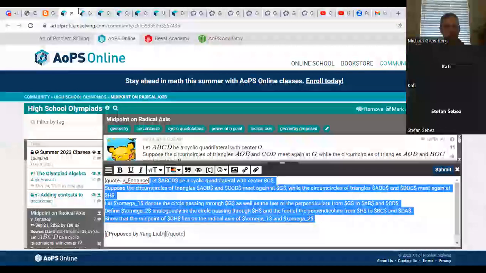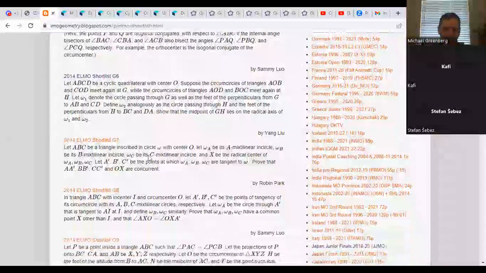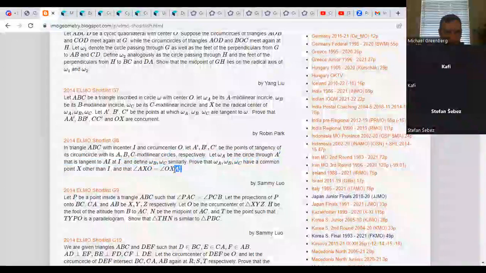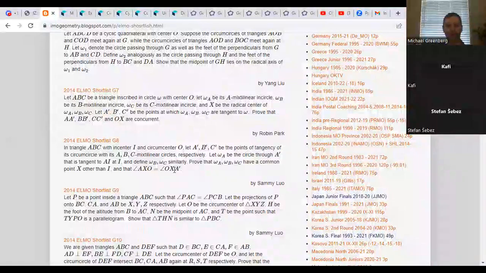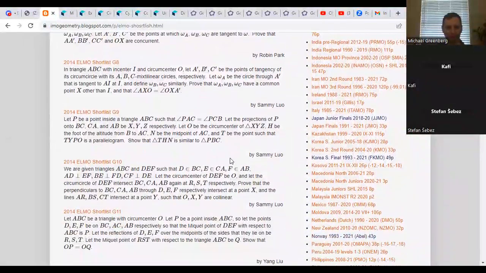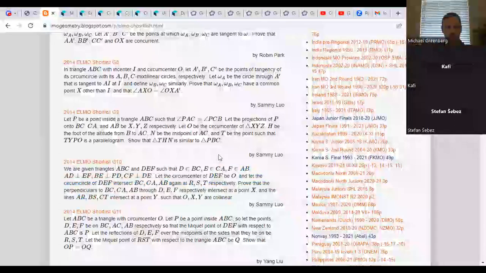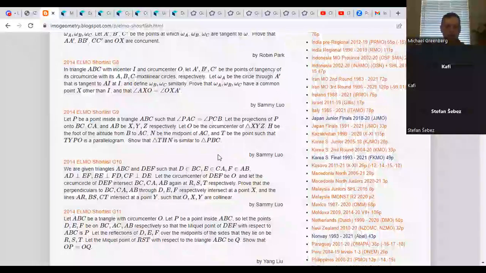Where was I looking at? So, oh, I was looking at them here. Geez, okay, that's got two mixtilinears. This one looks like it, but yeah, you're drawing all three mixtilinears. That's the only thing, so it's a little messy. This one's kind of interesting. So you have the 3 feet of the altitudes, and you draw the circumcenter of that triangle, and